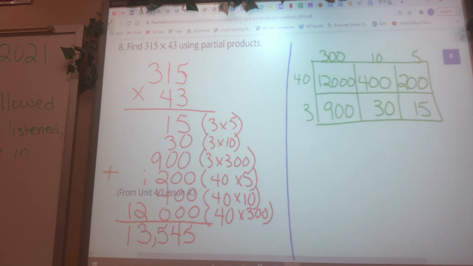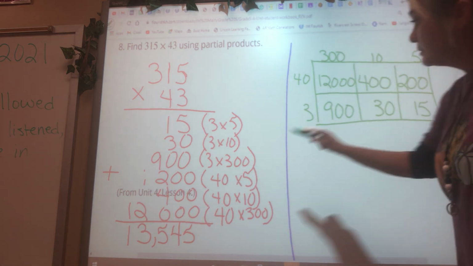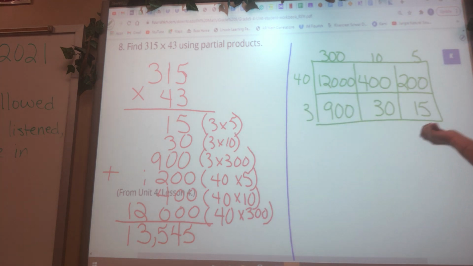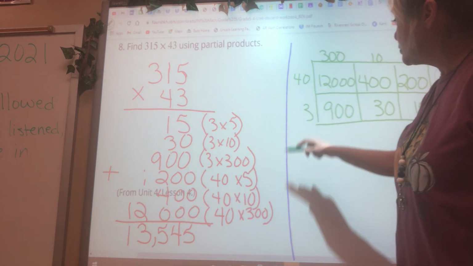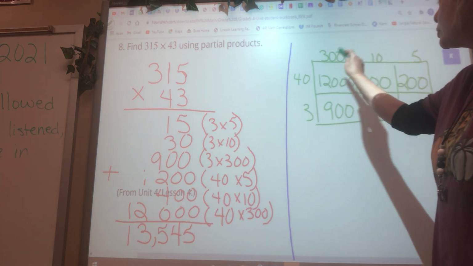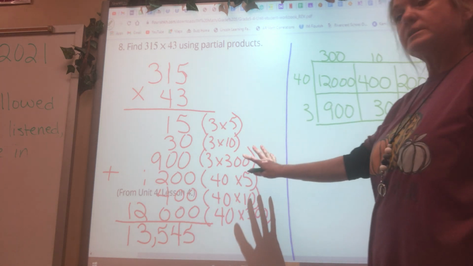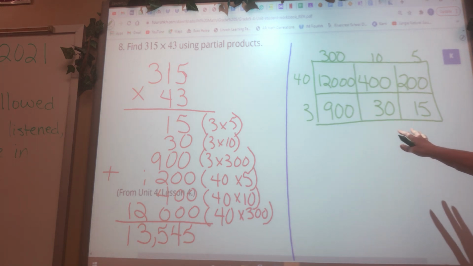Now let's look at my boxes here. Well, the first thing I notice is, do I have all the same partial products? Yeah, I have all the same partial products, don't I? Because I'm still multiplying the same numbers. I'm still multiplying 300 times 40, no matter which way I go, and so on. So it doesn't matter if you do partial product this way or this way. You're still going to end up with the same number,